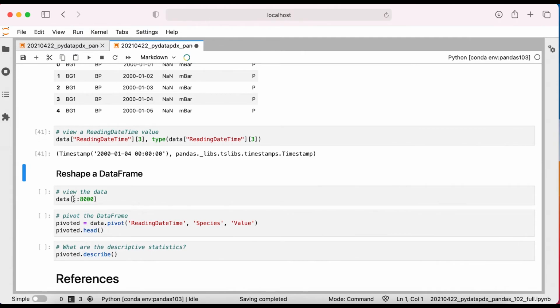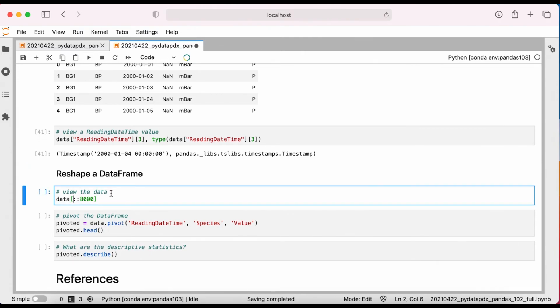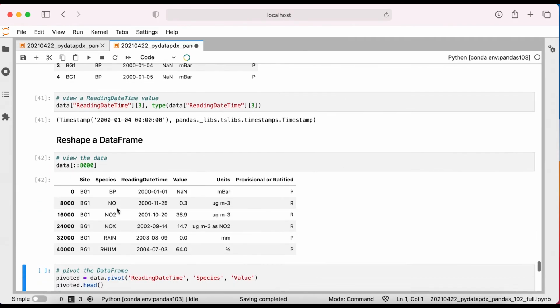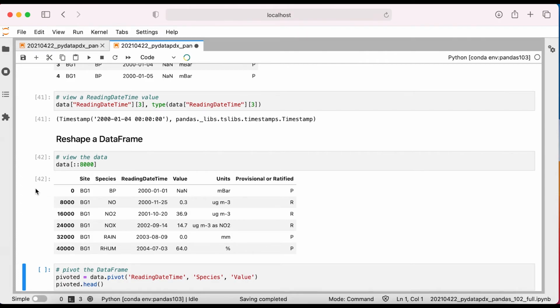Here, I'm starting at the beginning of the data frame, stopping at the end, and taking 8,000 row steps, meaning every 8,000th row is displayed. The data is in long format, which in this case means each daily reading of each metric has its own row. Instead, I want to view this data in wide format, meaning each daily reading of all metrics are in one row.